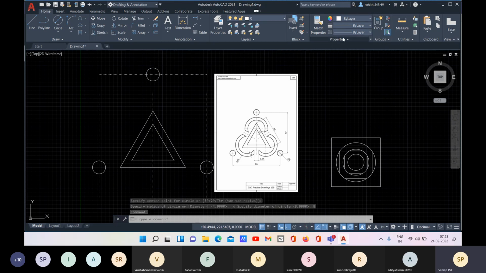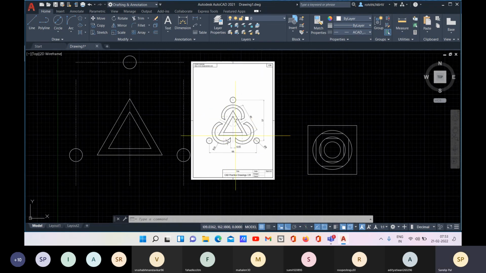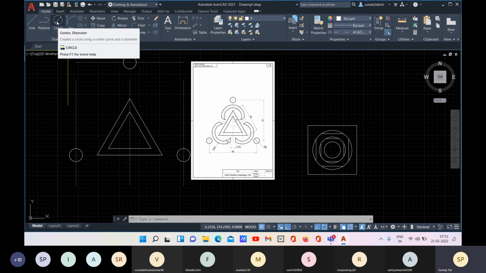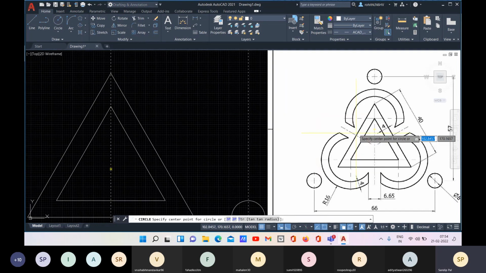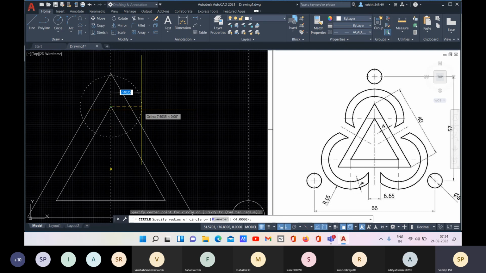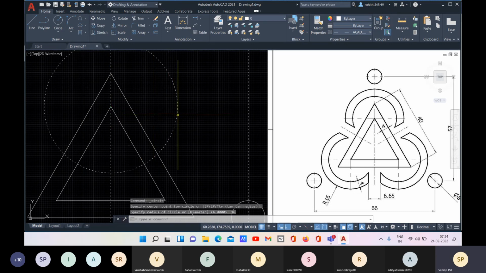Okay, go for bilayer. And this is clear. Okay, and we have these options, right? So let's go for it. You can go for either center radius. So this is going to be the center, and radius is 16, enter.